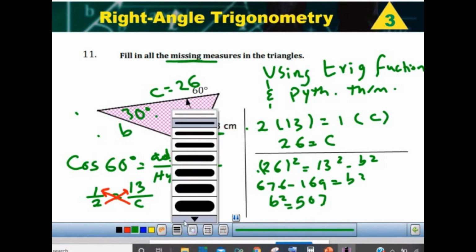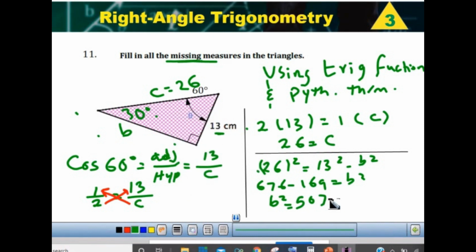507. Now, if it's 507, then I have to take the square root of that. If I were to break out the 507, I could chop it off, and that's going to be 169 times 3. Remember, you're looking for the biggest perfect square under that number, and the square root of that is going to give 13. So b is going to be